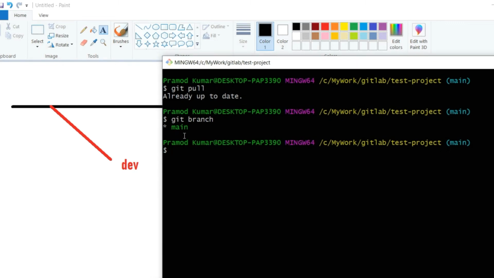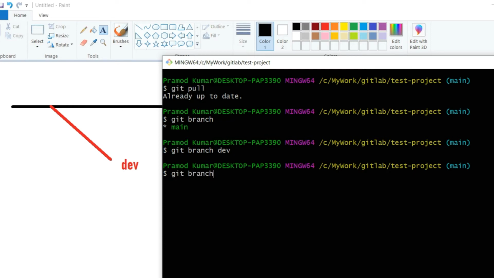Before doing my work, push and pull and other things, I will create a dev branch out of the main branch. The command is very simple: git branch and the branch name. The name is dev. This will create a new branch called dev on my local repository.